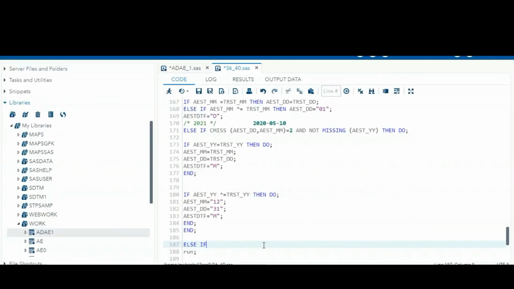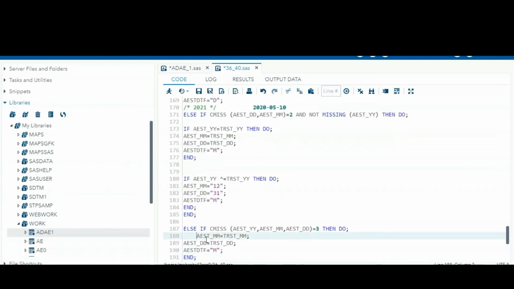So in that case, else if all are missing, like year part is missing, month part is missing, and day part is missing, okay, then do: you can assign treatment start month to month and treatment day to day, and AEST year equal to TRST year.